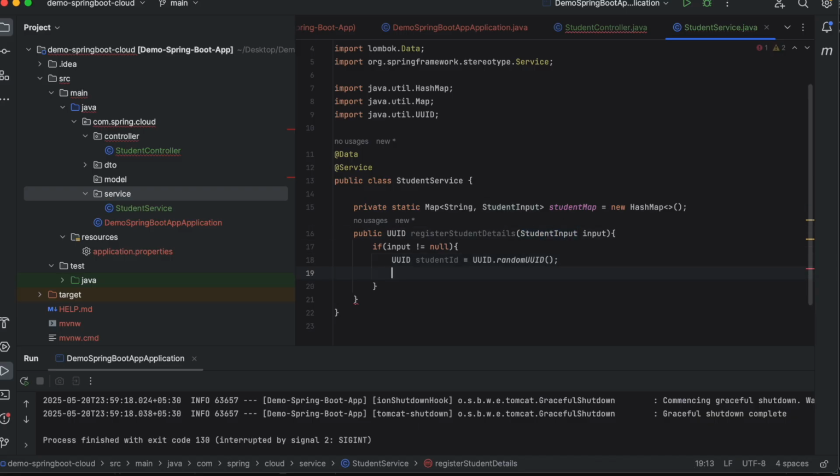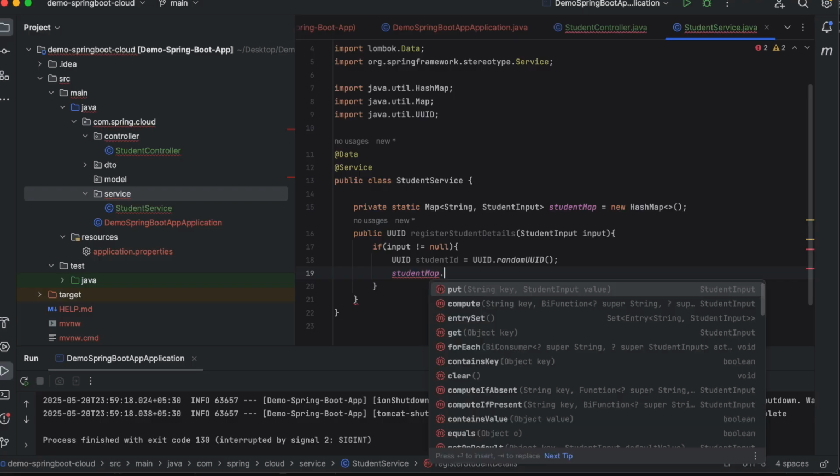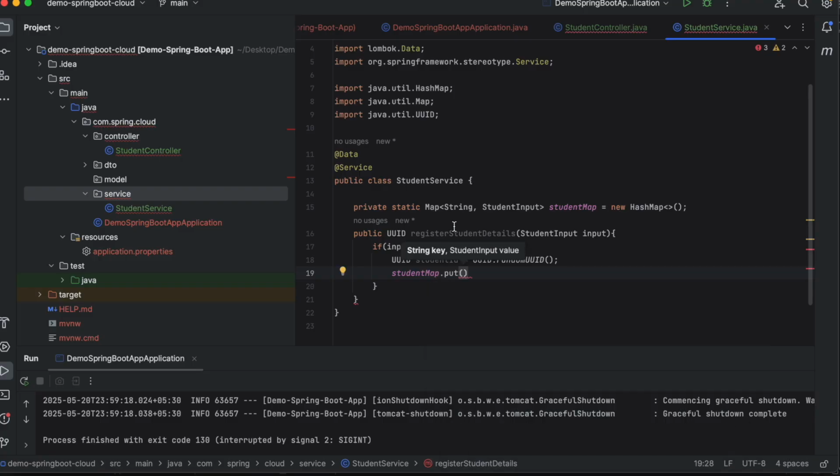Okay, now since we have a student ID, and we also have a student input, we can store into this map, right? So we'll say studentMap.put, and we are storing a string as the key, so this key should be the unique identifier.